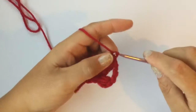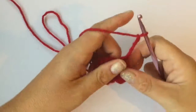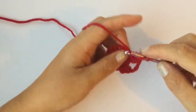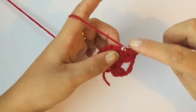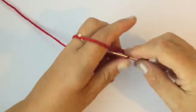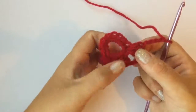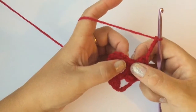Pull a little bit tight and chain 5. 1, 2, 3, 4 and 5. Now you're going to repeat this the whole way around. So skip 1 single crochet in between each and do a bobble stitch into the next stitch. 1, 2, 3, 4. Pull through all and chain 5. 1, 2, 3, 4. And 5. So now I have 3 bobbles done, 3 petals,